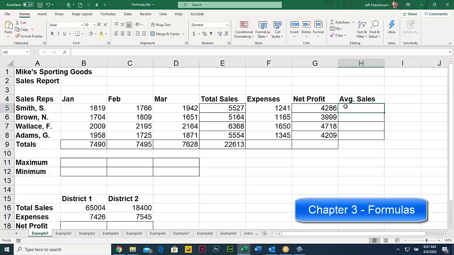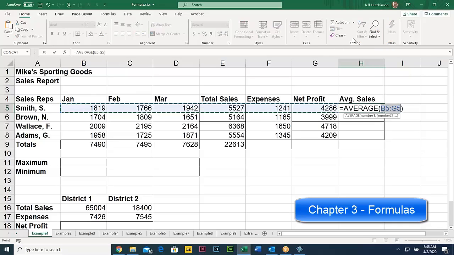So in order to do the average, you always click on the answer first. A lot of times people have the tendency to want to do this first. That's not what you do first. The first thing you do is you click in the answer. That's where you want to start. And then in the Autosum function, right next to it, there's a tiny little arrow. You want to click on that little arrow and choose the average function. So when I choose the average function this way, it grabs everything. I'm thinking, I don't want everything. I only want to average the January, February, and March data. So you would reselect that data,